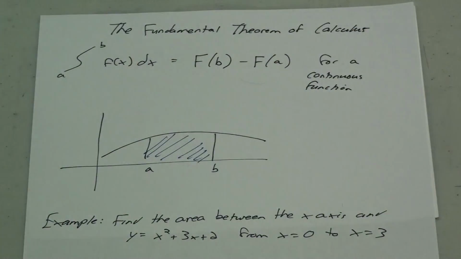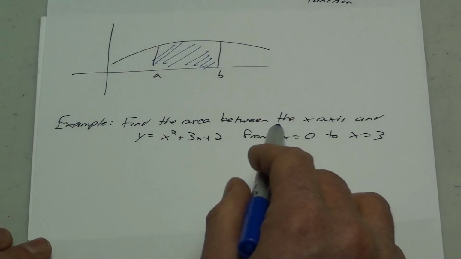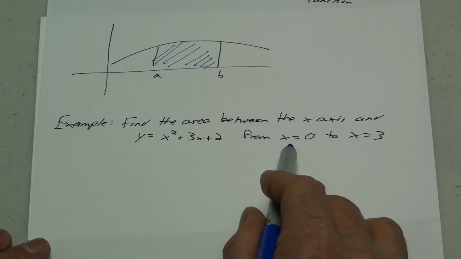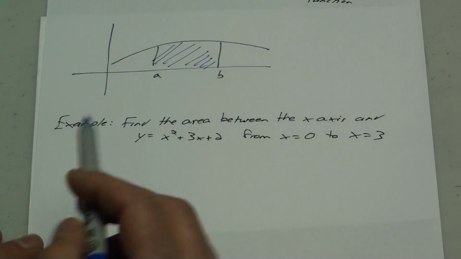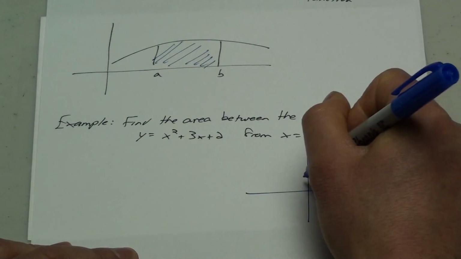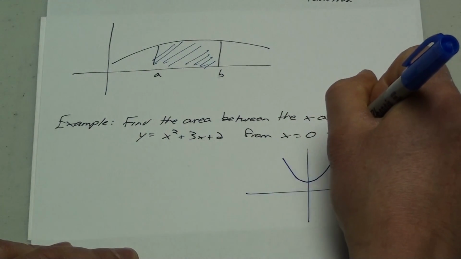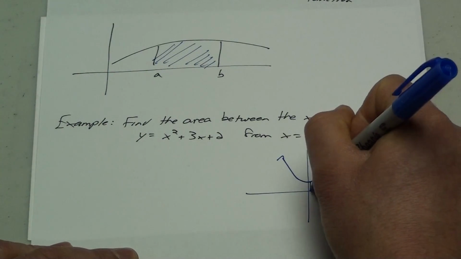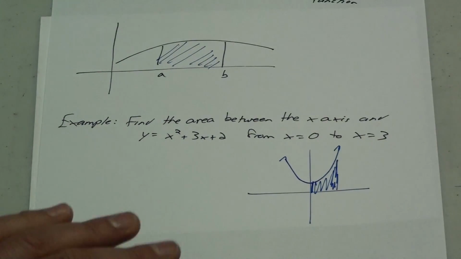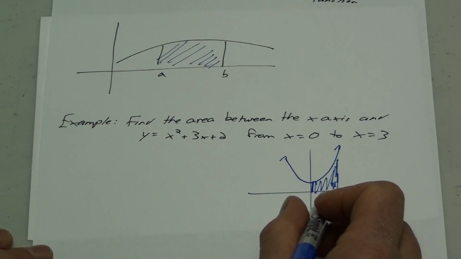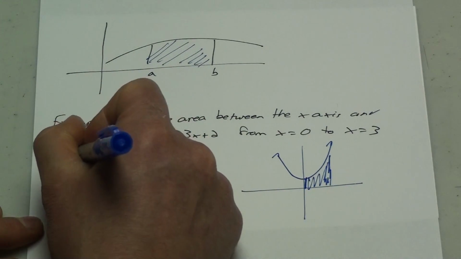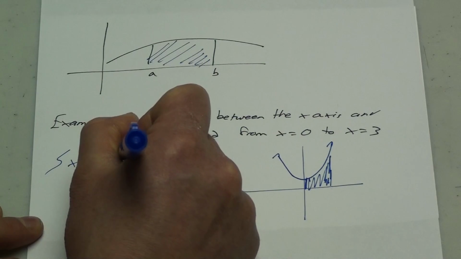So for example, if I want to find the area between the x-axis and the function y equals x squared plus 3x plus 2 going from 0 to 3, okay, that is me finding the area under that curve. So I have a parabola going from x equals 0 to x equals 3, and I'm finding that area under the curve between the curve and the x-axis. So in doing so, I want to integrate my x squared plus 3x plus 2